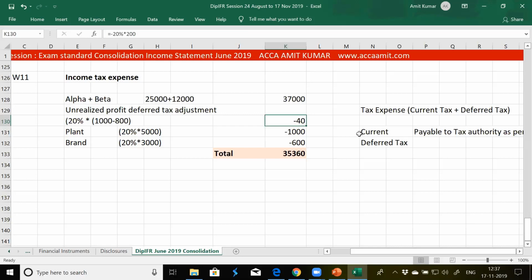There is reversal of DTA or DTL already created. Got the point? Hello? Yes, sir. So this is a case of reversal of